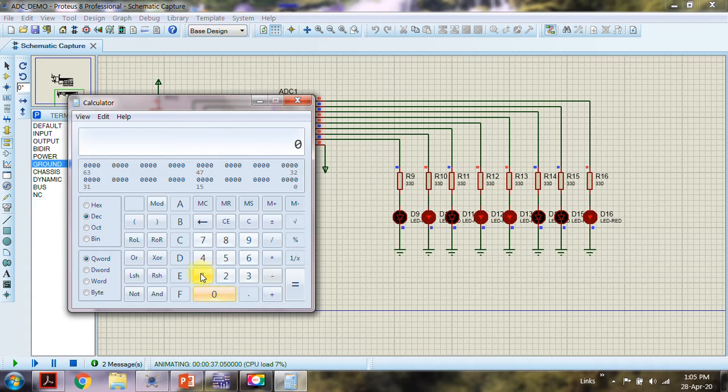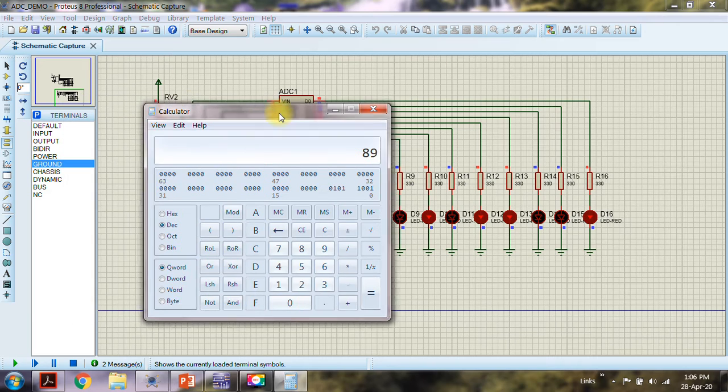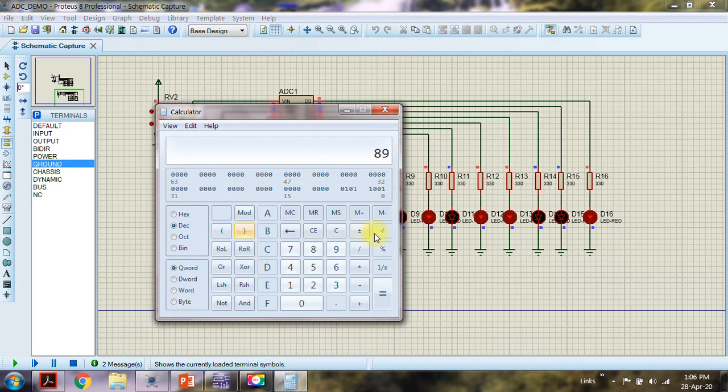So 0 1 0 1 1 0 0 1. Sorry, it should be binary. So do it again: 0 1 0 1 1 0 0 1. So it is exactly the same value, 89.